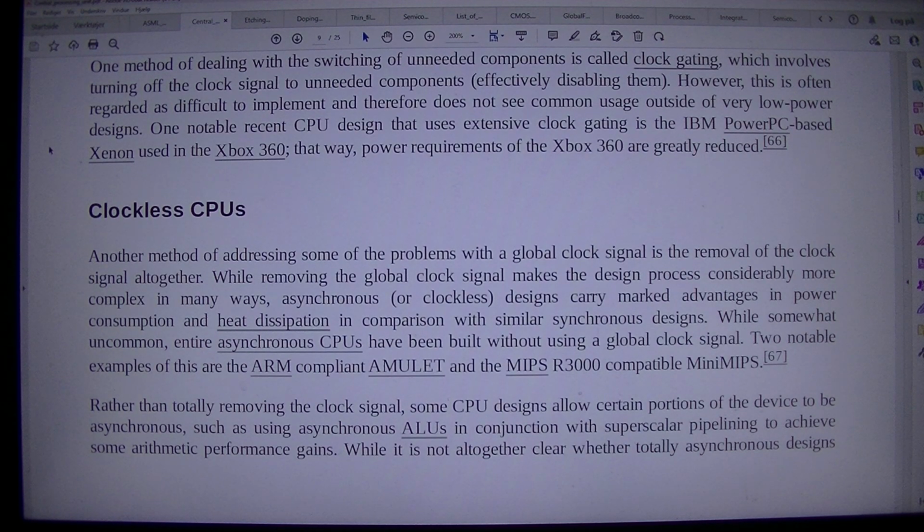Clockless CPUs. Another method of addressing some of the problems with a global clock signal is the removal of the clock signal altogether. While removing the global clock signal makes the design process considerably more complex in many ways, asynchronous